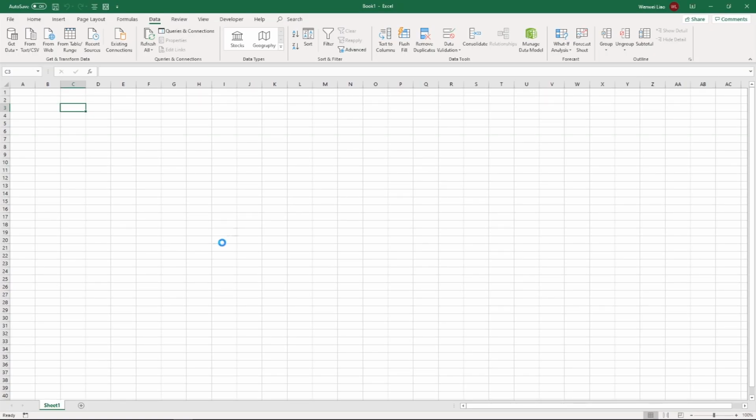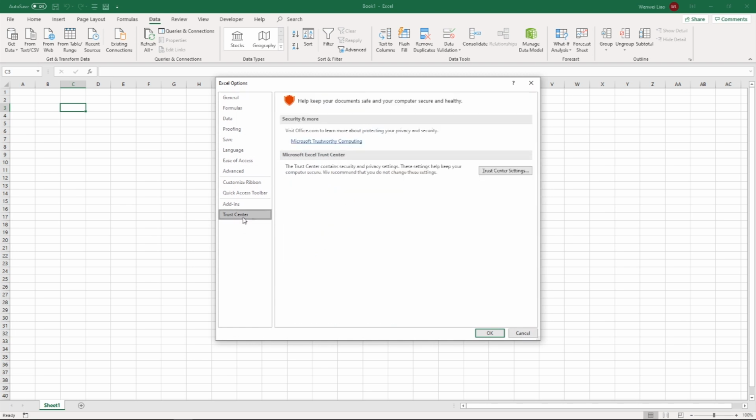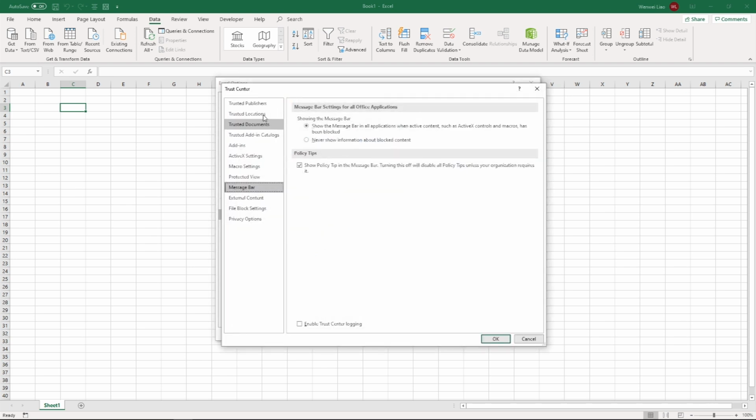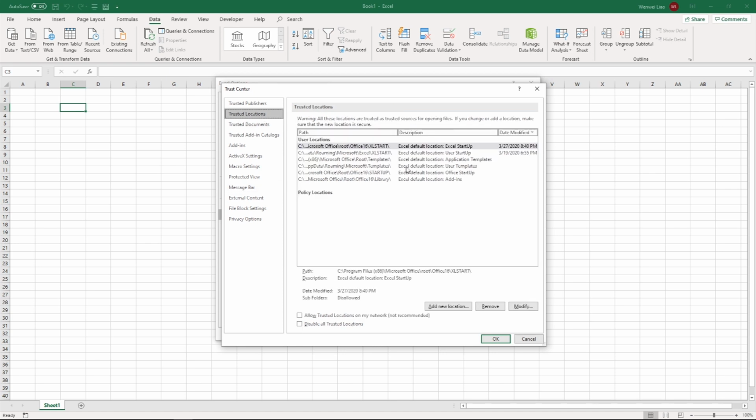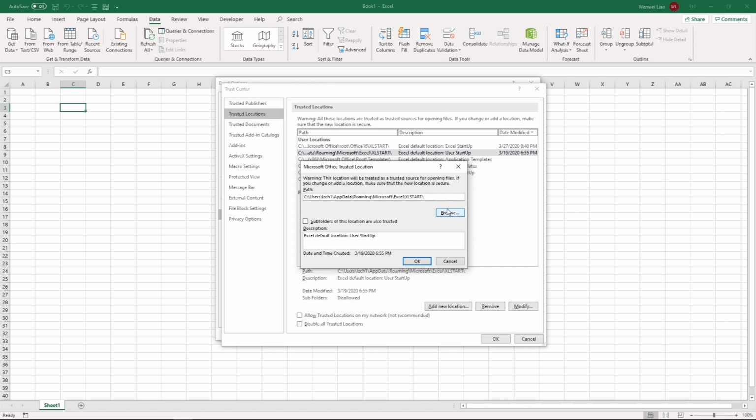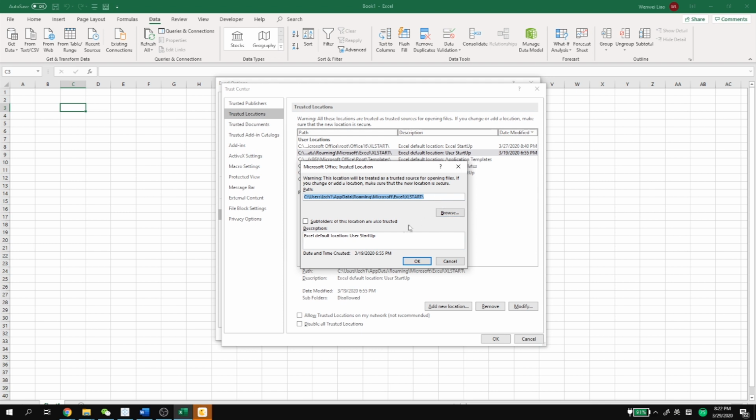So now we need to go to File, then Options, Trust Center, Trust Center Settings, Trusted Locations, and then you see here, User Startup. We double click this one, and then Browse, or you can copy this path and then open this path, okay? Or you can just browse,